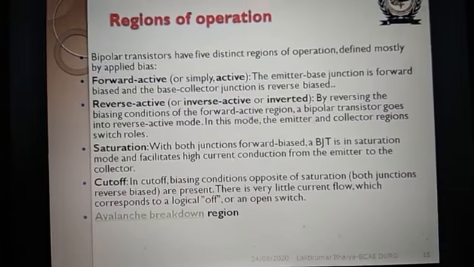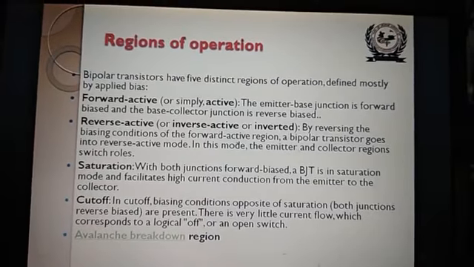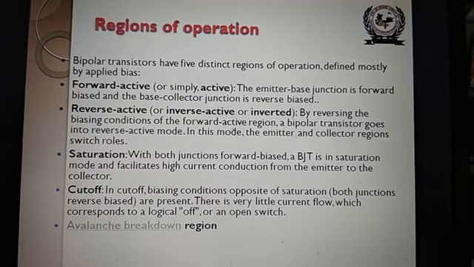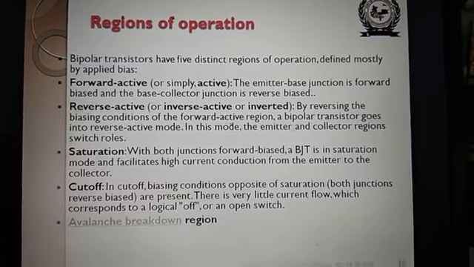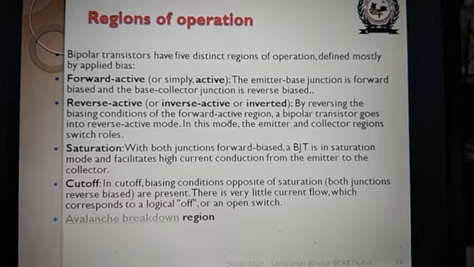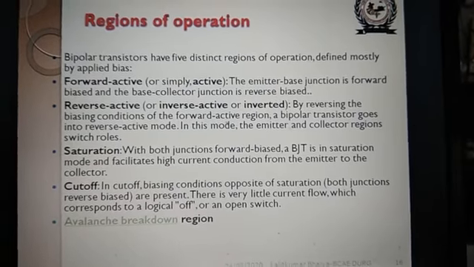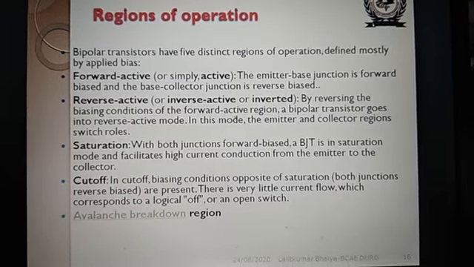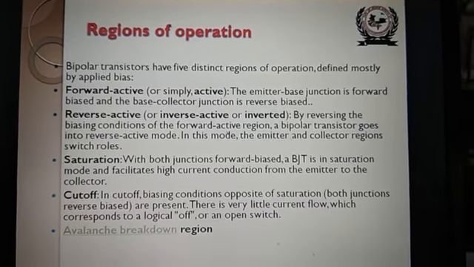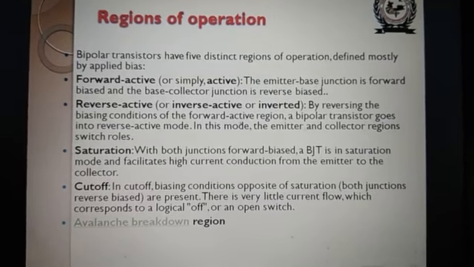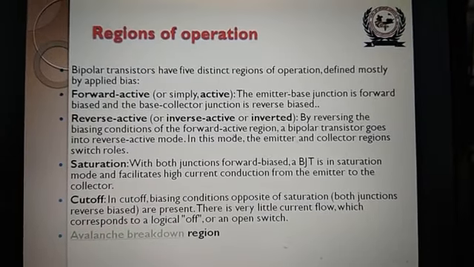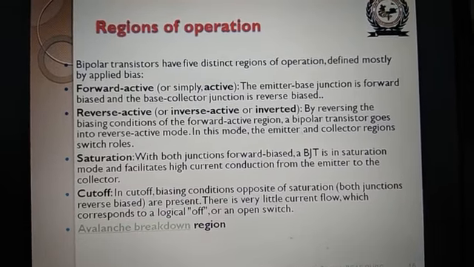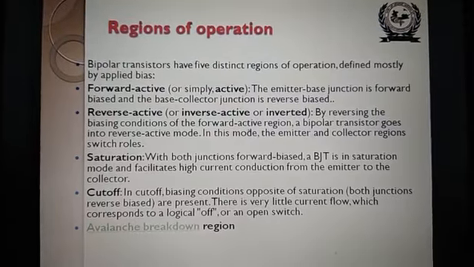So, dear students, today we have learned the basic knowledge of the transistor. What is a transistor? What are the junctions of the transistor? What are the terminals of the transistor? What are the roles of the three different terminals and two junctions? And biasing of a transistor: how the transistor is biased properly, whether one junction is forward biased and another reverse biased, or vice versa, or both junctions reverse biased, or both forward biased.